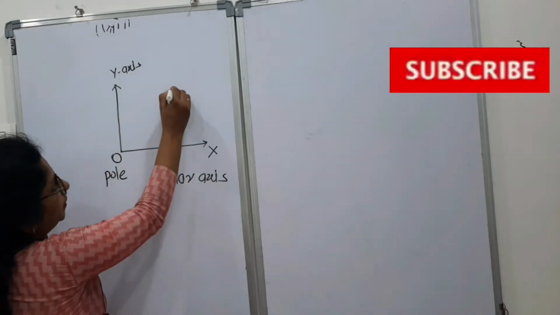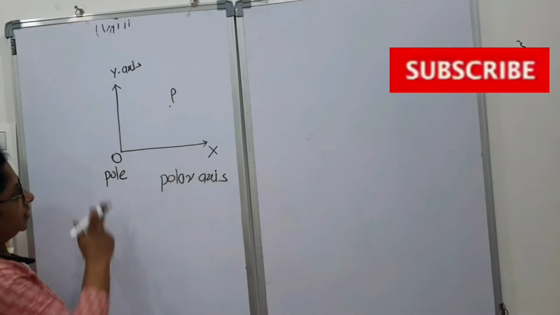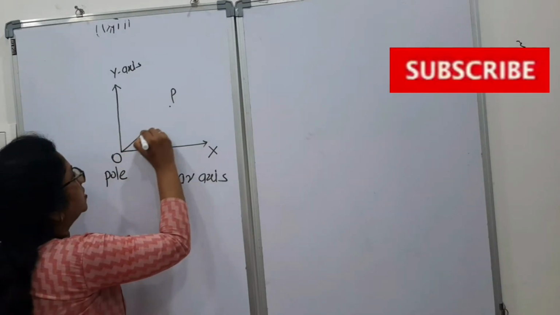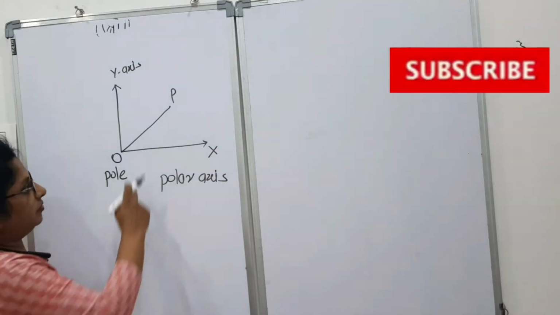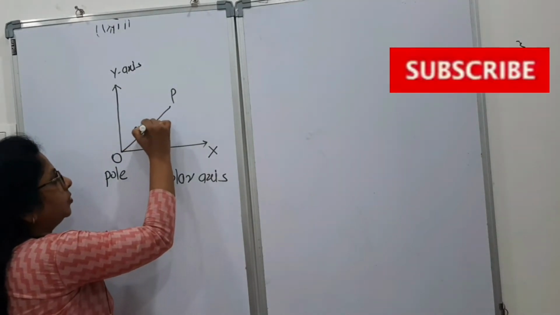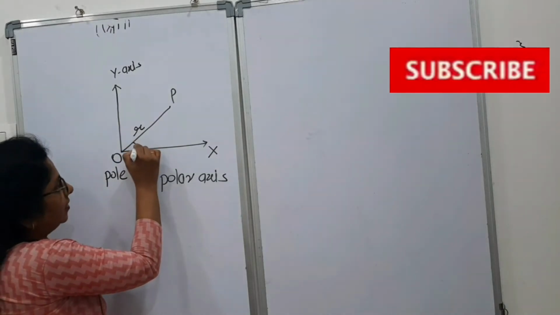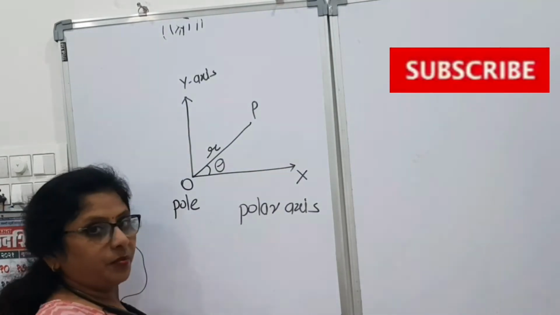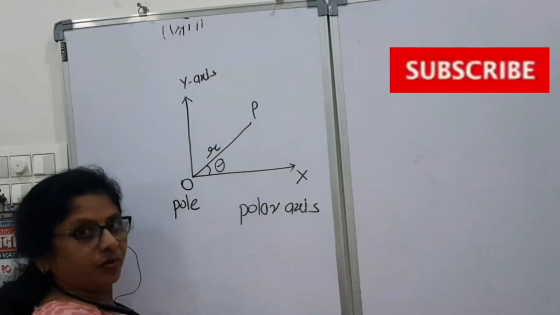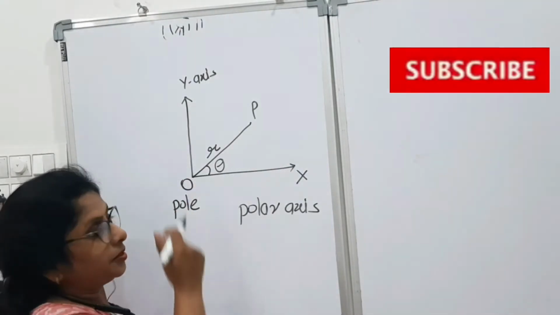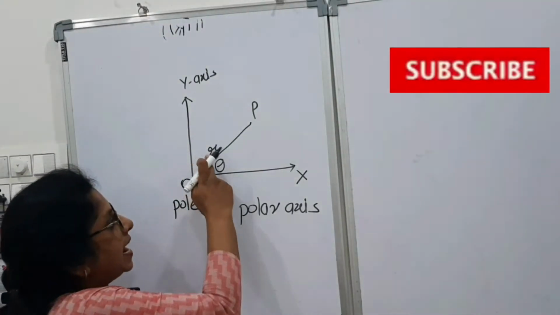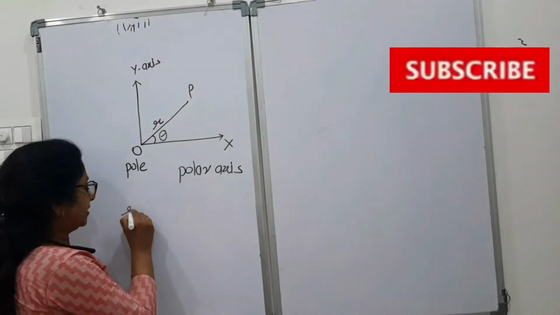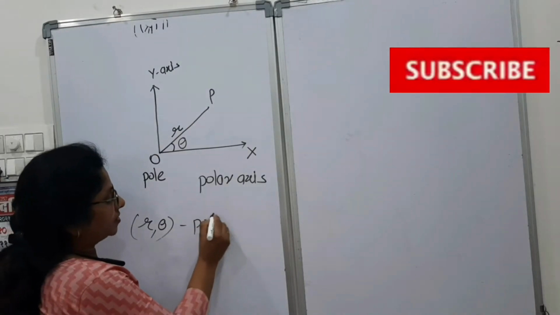Let us consider a point P on this plane other than O. Okay? And if we join these 2 points, then we will get OP. Let the length OP be r, and this angle XOP is theta. Okay. Now for any point, if we know r and theta, then we can easily trace the point. We can determine the point. So these r and theta are also coordinates of this P. r and theta are the polar coordinates.